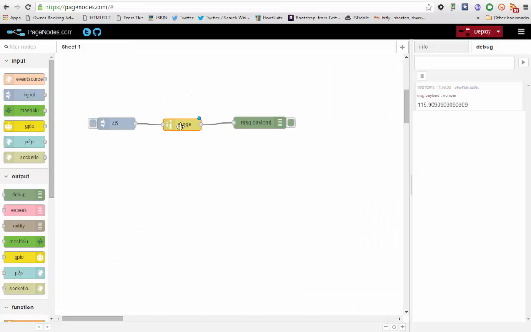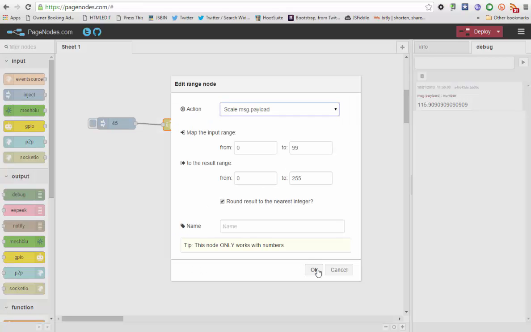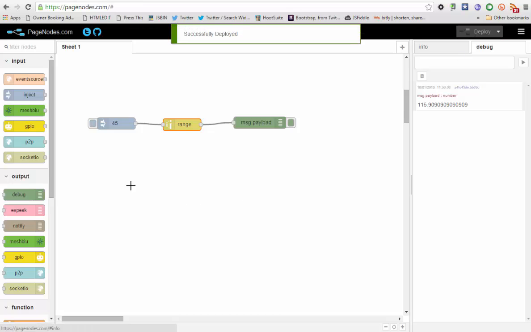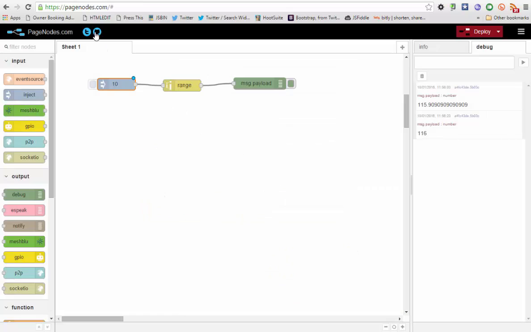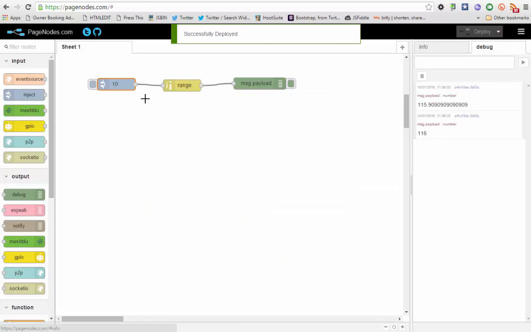That's by double-clicking range. And now we get an integer out. If we change that value, and run, we get